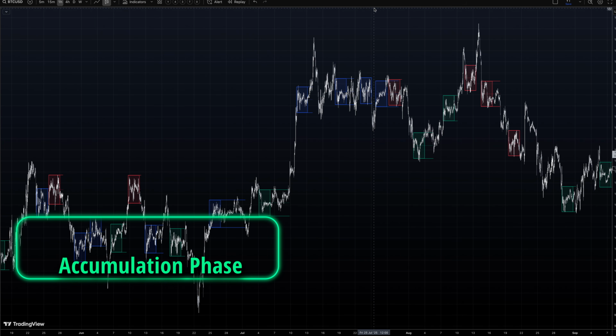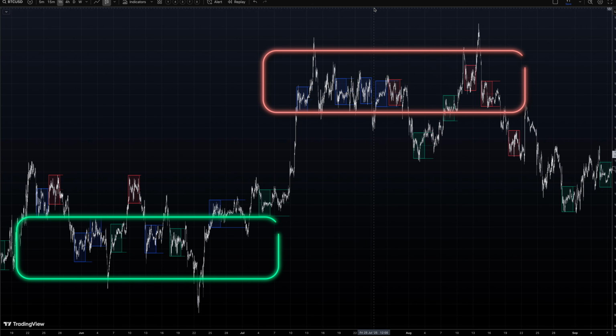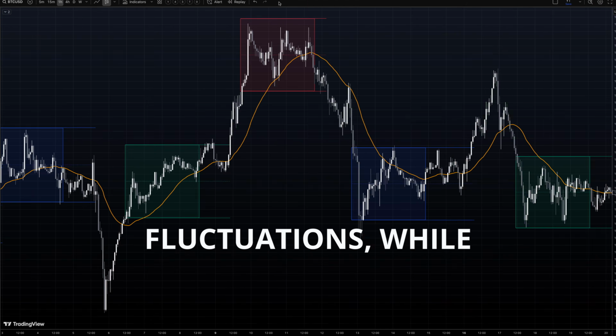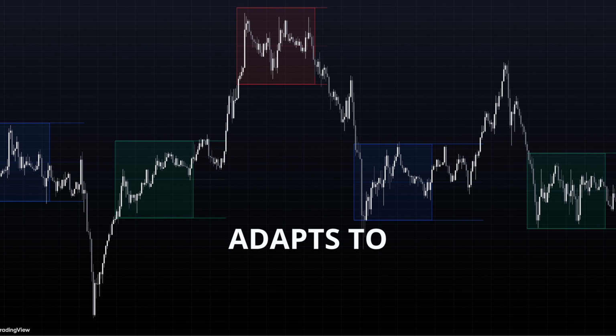The indicator works particularly well for identifying accumulation and distribution phases, where institutional activity might be building positions within confined ranges. The weighted average approach helps filter out minor fluctuations, while the ATR-based width ensures the system adapts to different